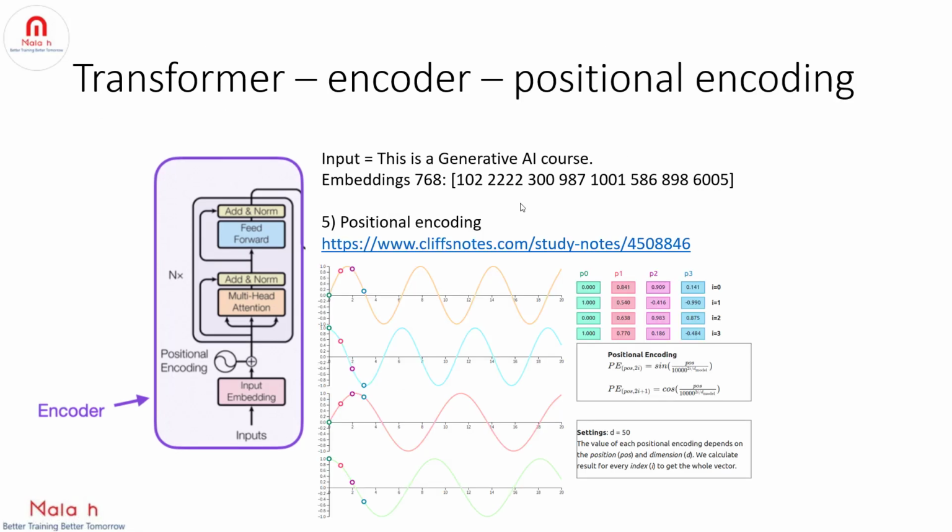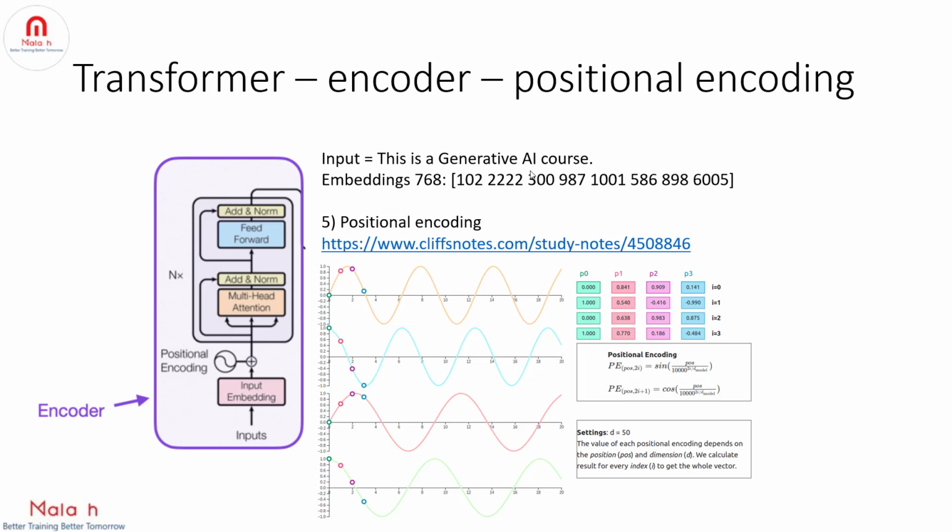As a human, we understand the position or context of each word with respect to each other word in the input sequence, right? But how will the model understand the position of each word with respect to each other word? To understand the context of a word, the order of the word is important, right? So which order the word belongs to in the input sequence. And to understand the order of the word, we have to add a technique called positional encoding. So the objective of positional encoding is to add position information of each word.